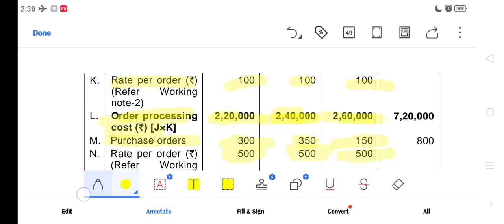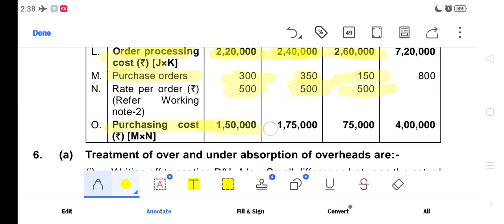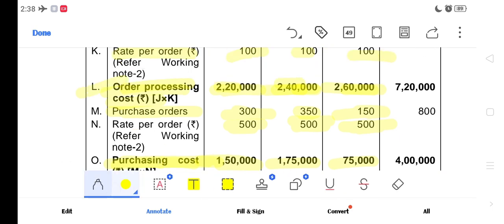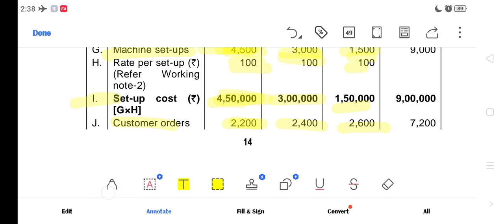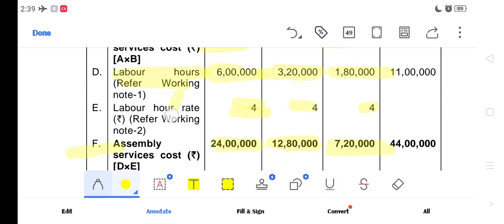Driver rate is there, no. This 500 is the driver rate. And total purchasing cost is 1 lakh 50, 1 lakh 75 and 75,000. Only this purchasing cost, COL, this is ordering cost, and this I, that is setup cost, and F, assembly service cost, and